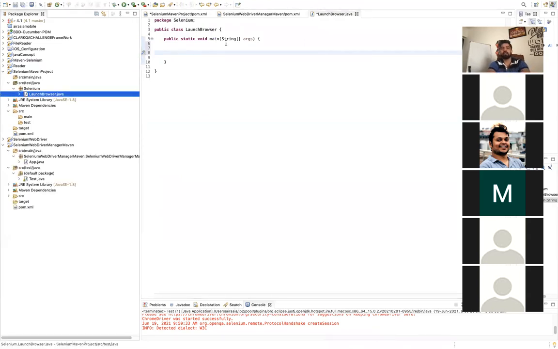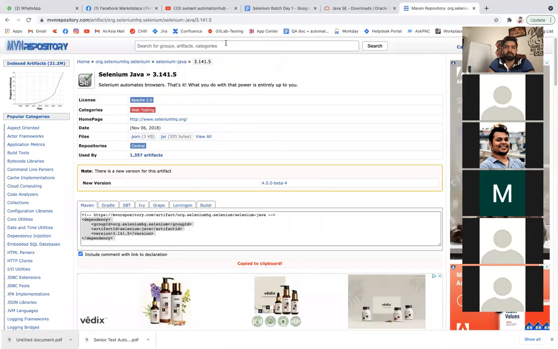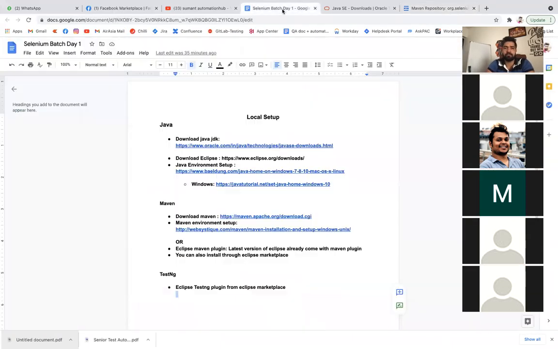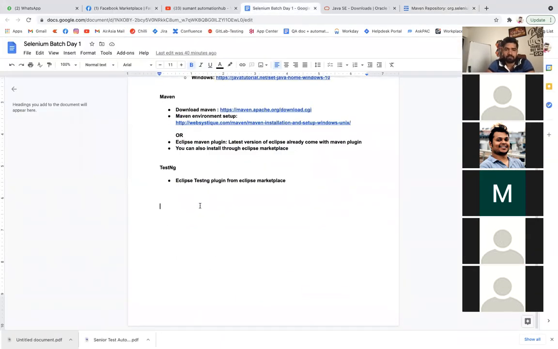I was telling you there are multiple ways of launching a browser. If you want to launch either Chrome or Firefox, you require a driver, right? So our next target will be downloading a driver. Till now, it's done.